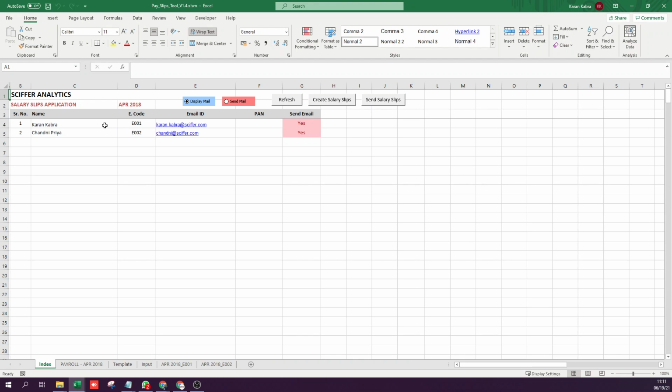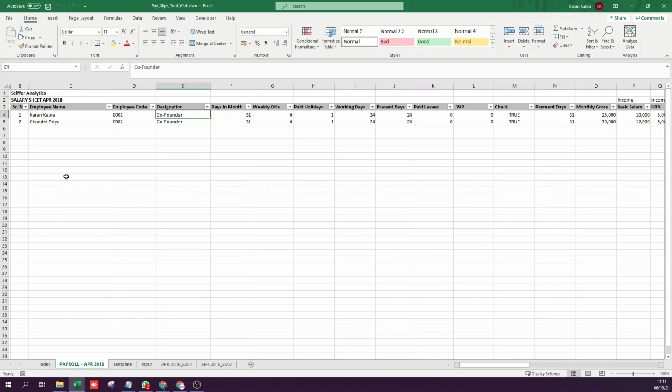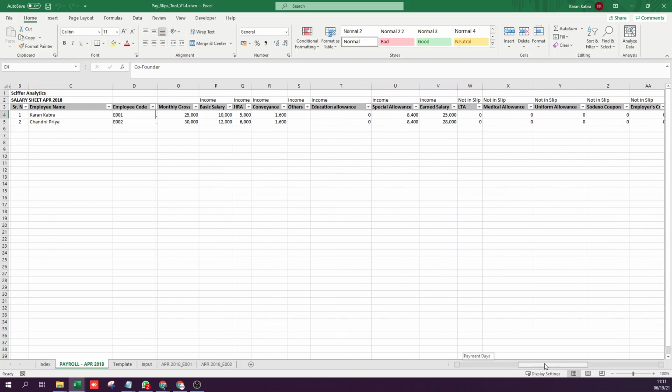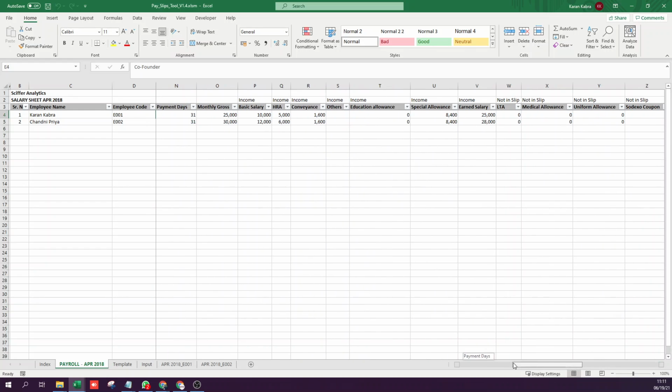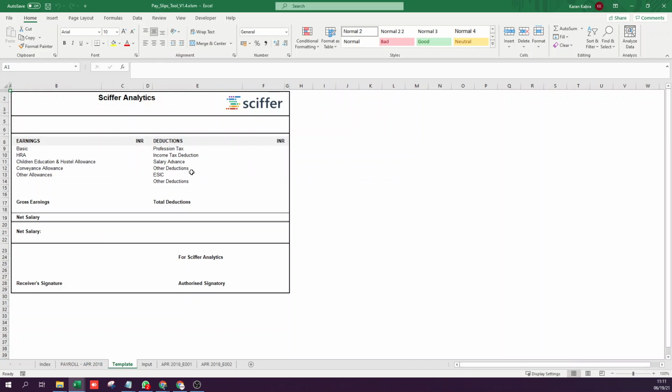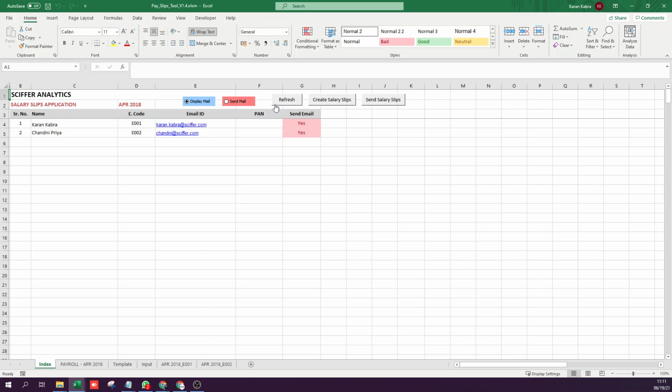This is a tool that we used until recently to send out pay slips, salary slips, and for this you obviously need data of employees along with their salary details. This is just dummy data that I populated here, and there is a template for the salary slip. So this is the template. So if I just run this, I can.